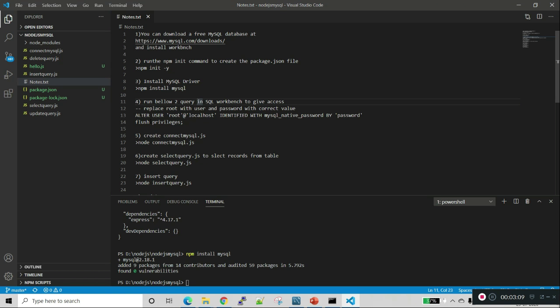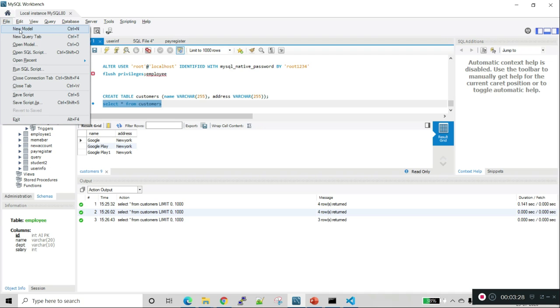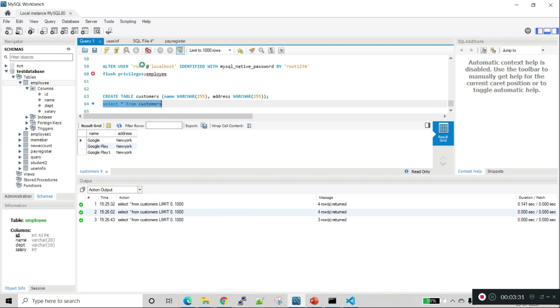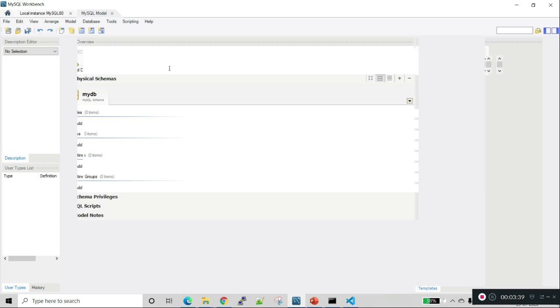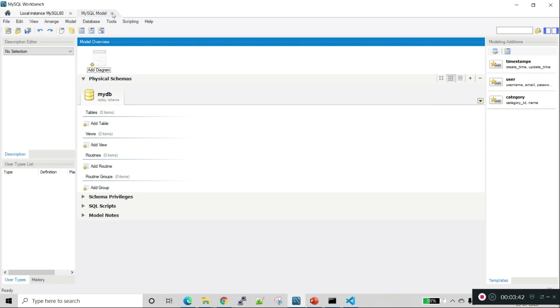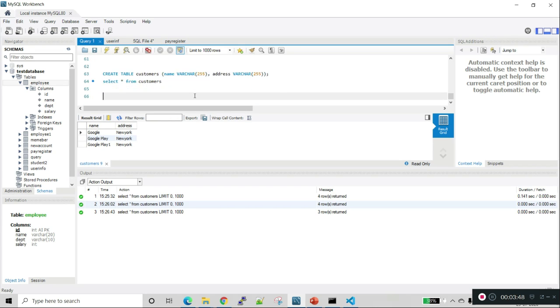The next step is, by default the MySQL user will not have the privilege to connect to Node.js. So we need to run these two scripts in our MySQL. This is not required, so I will run this command in the existing one.